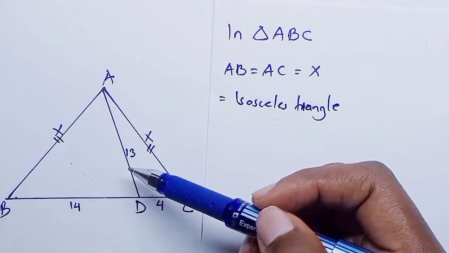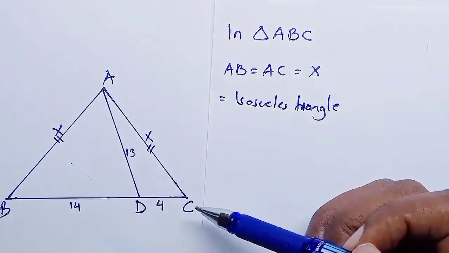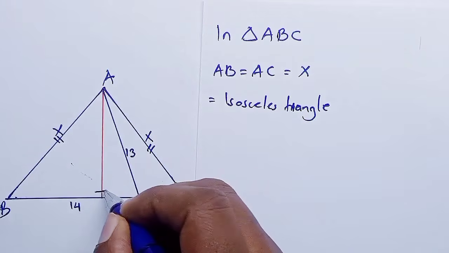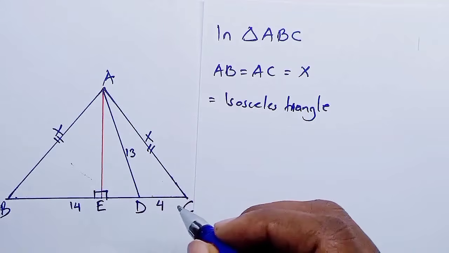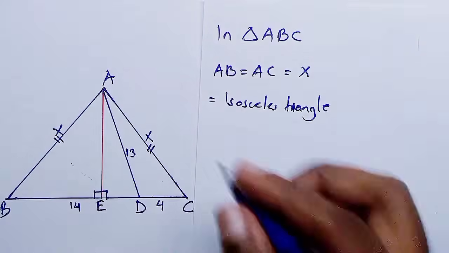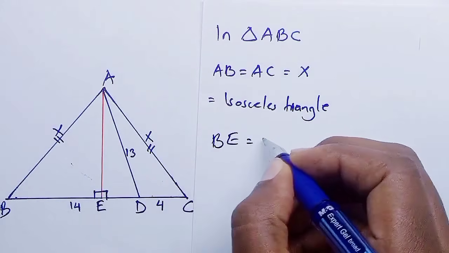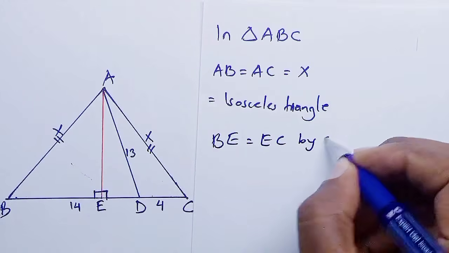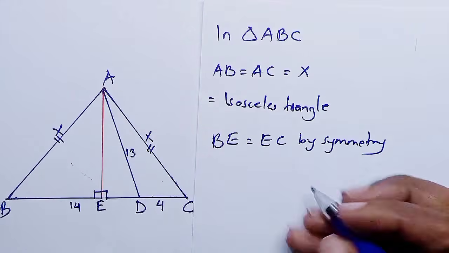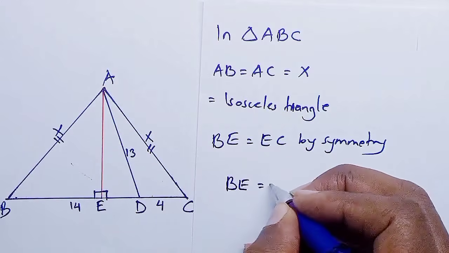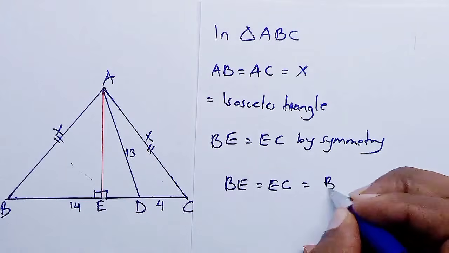So if that is the case, then if we are to draw a perpendicular from point A to meet line BC, just like this, so this is perpendicular. If this point is point E, then by symmetry, BE is equal to EC. BE is equal to EC by symmetry. Therefore, BE is equal to EC, which is equal to BC over